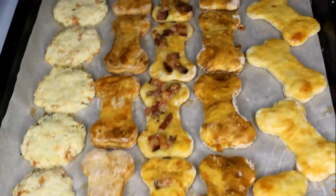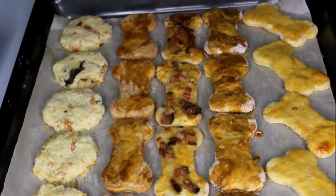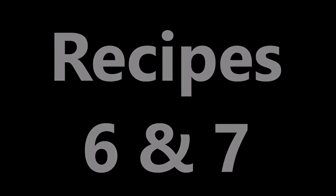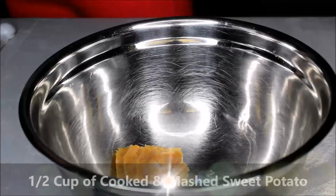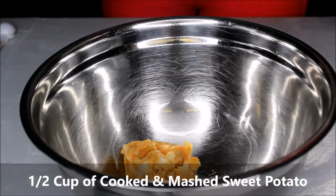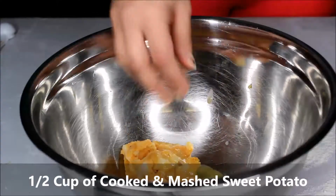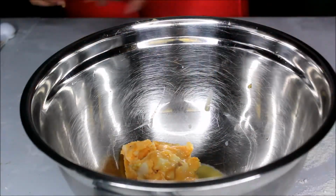This is what all 5 of these looked like when they came out of the oven. And again, for the next 2 recipes, we will use the same dough and we will add a couple different ingredients at the end. So in a large bowl, I mix half an egg and then also half a cup